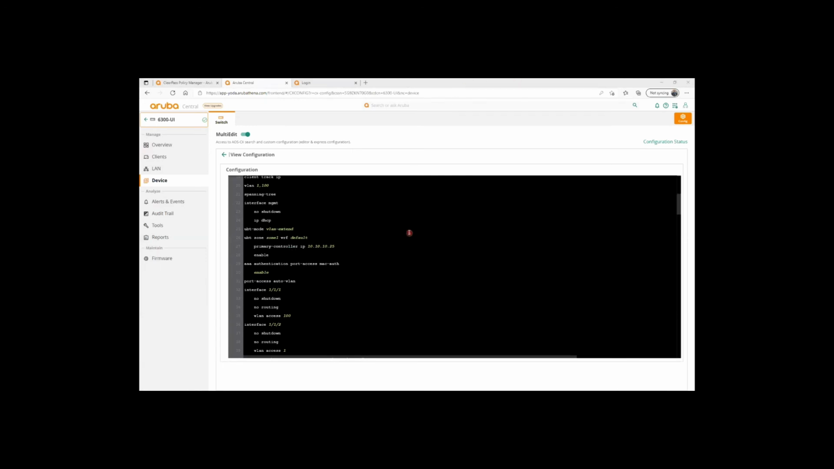So first, let's go over the user-based tunneling, the automatic VLAN assignment. So here in Central, here's my switch that's doing user-based tunneling. The new command here is port-access auto VLAN. So we can see that as part of the configuration. That's the new command we have. For this demo, I'm going to use VLAN 200. I do not have that defined currently on my switch